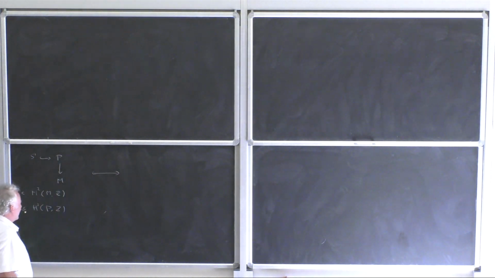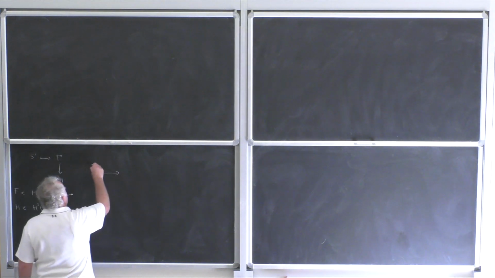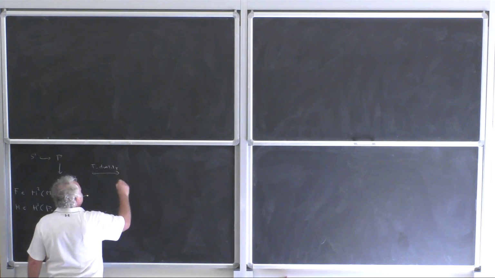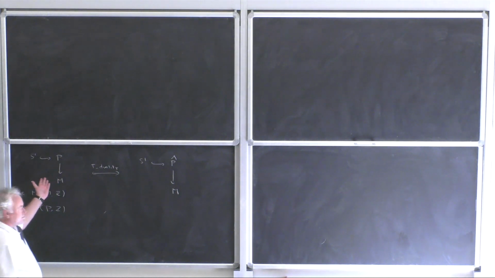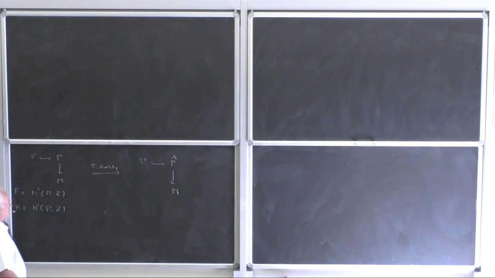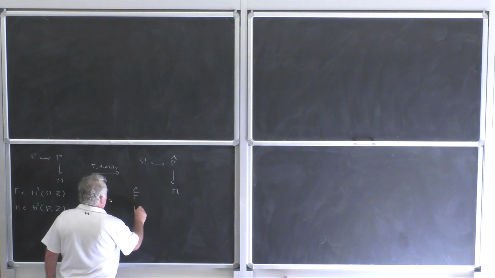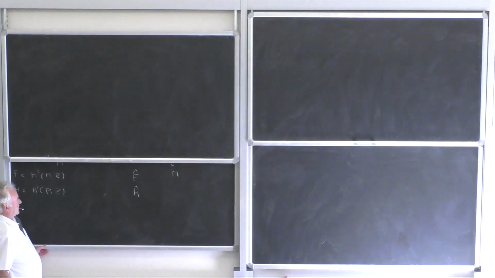The F stands for the curvature, or the representative. And the other thing that goes in here is a 3-class on the bundle, which is called an H flux, which is the curvature of what physicists call the B field. So I argued that if you do T-duality, the dual of such a situation is again a principal circle bundle, but in general one that is not isomorphic to the original one. So again, it's given by a set of data F hat and H hat, and they're related by